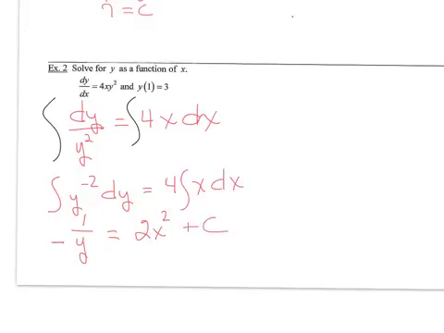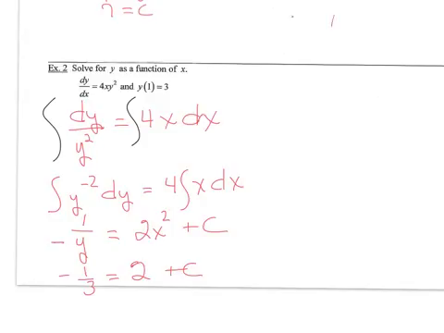plus c. Okay, in a case like this where we have y in the denominator, it's probably going to be easier to find our c right now and then solve it for y. All right, so what's our initial condition? When x is 1, y is 3, so we would get negative 1/3 equals 2 plus c,